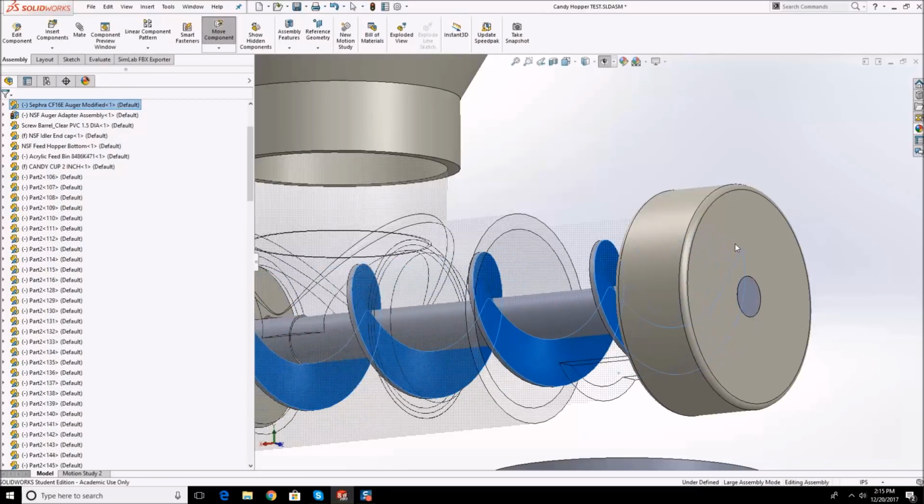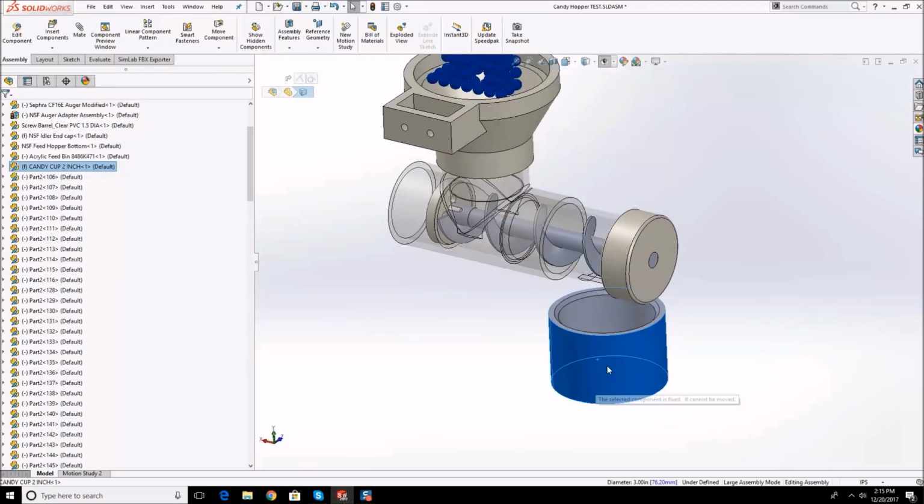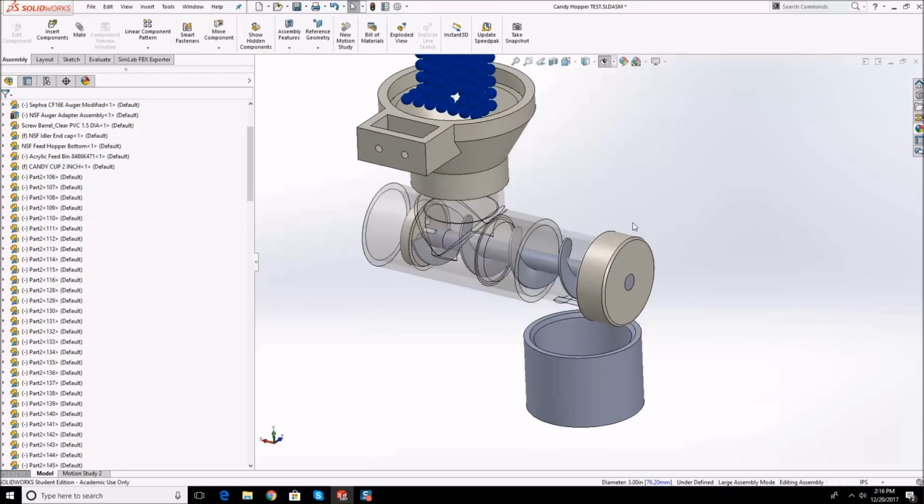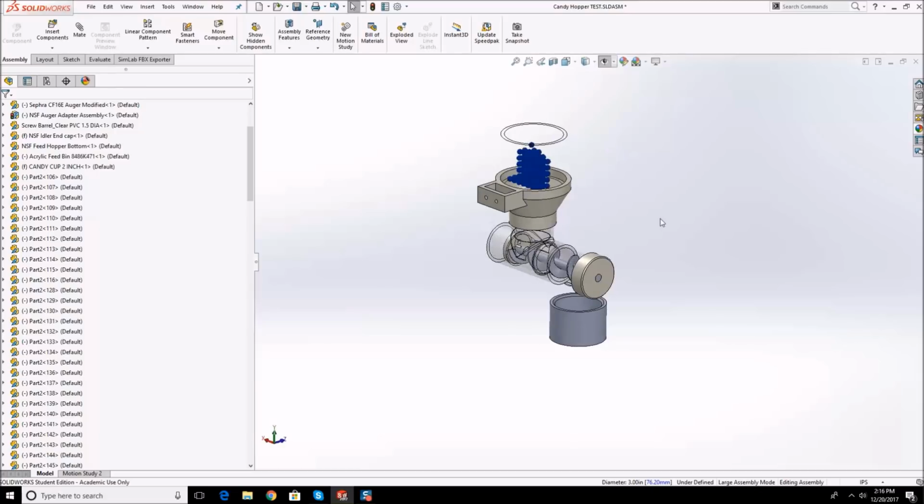It has its concentric mate, and that's it. And this should be fixed. Good. Okay. So that's the first thing. Now, what you're going to do